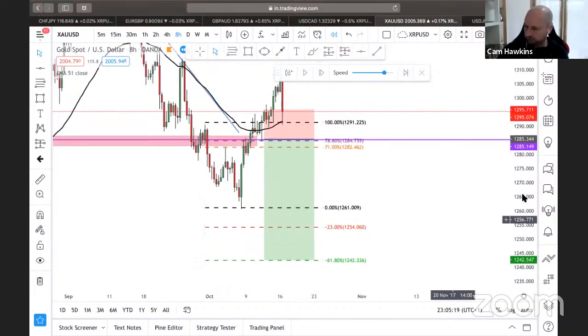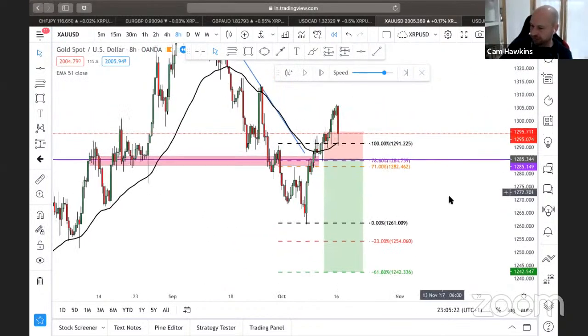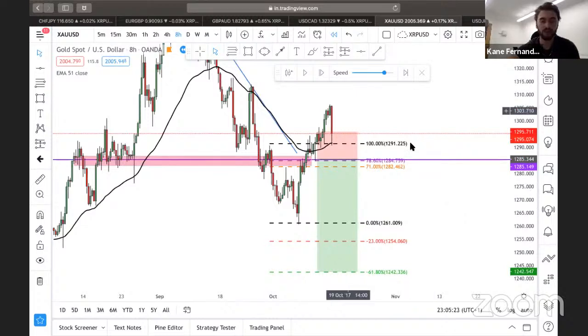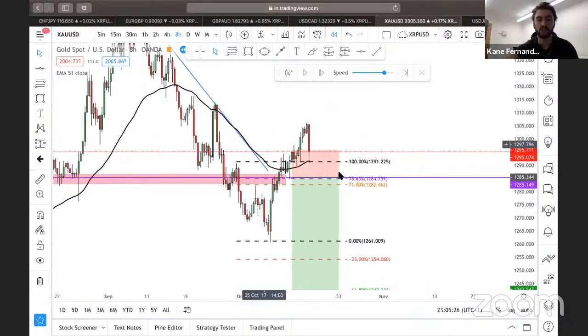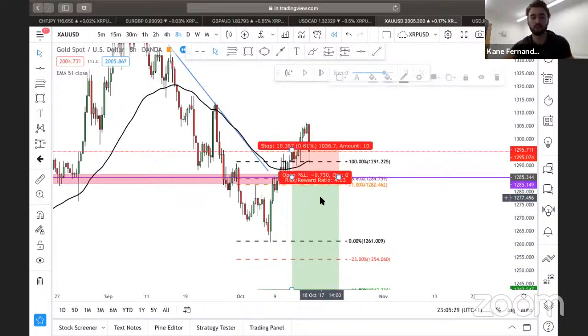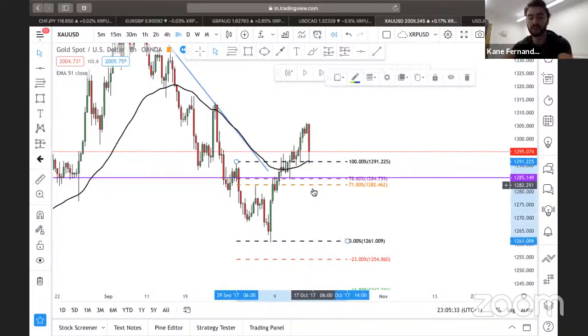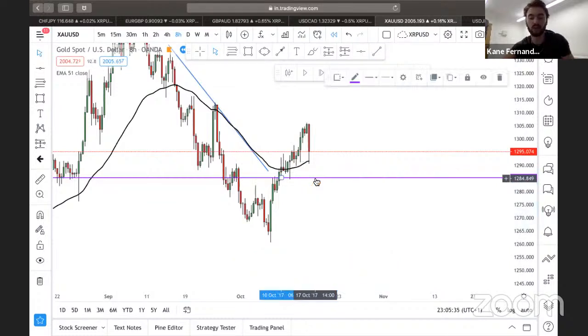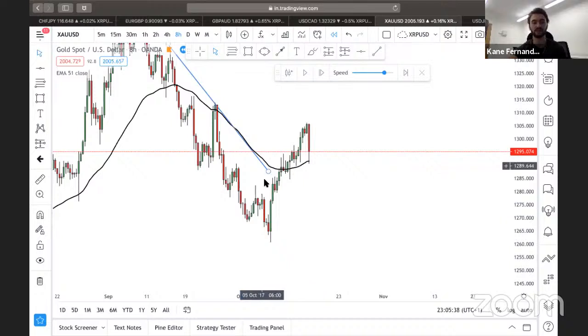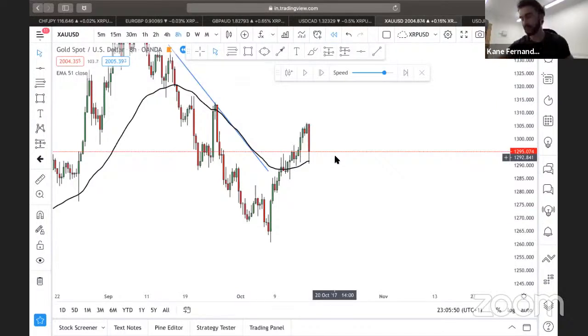Minus 1. Okay. Cool. But yeah, you can see the reasons behind the trade. You can see the confluences. We had those rejections. It's been respecting the 8 hour, but now it's just made new structure, and that's minus 1%. Okay, but if you're doing correct risk management, and if I traded this in real life, I'd have lost 1%. But now it's changed structure because it's trying to make this new higher structure. Now it's going to try and make an uptrend because now it's above the EMA. You can see the 8 hour respecting it as resistance. Now it's above it, acting as support. Is what it is.